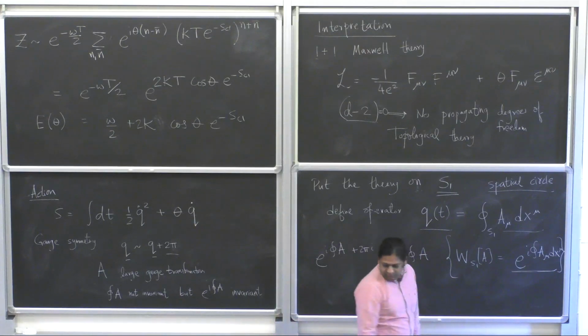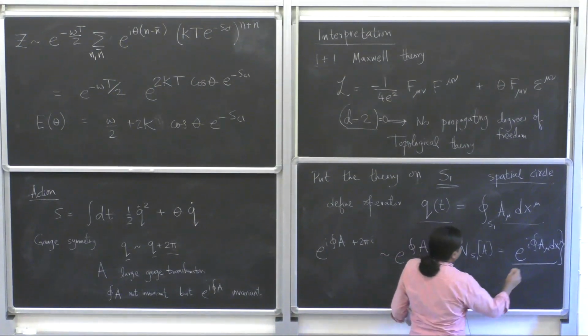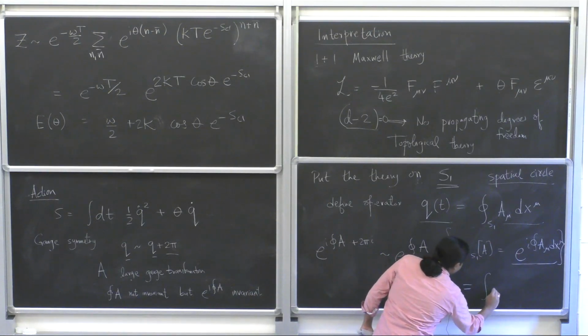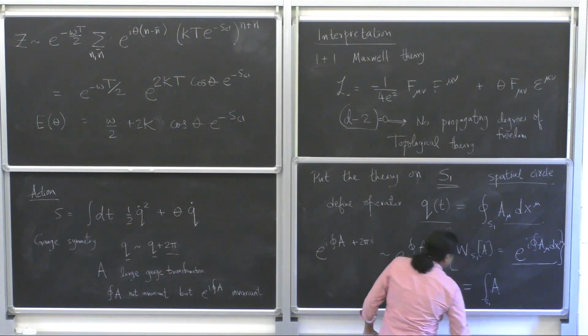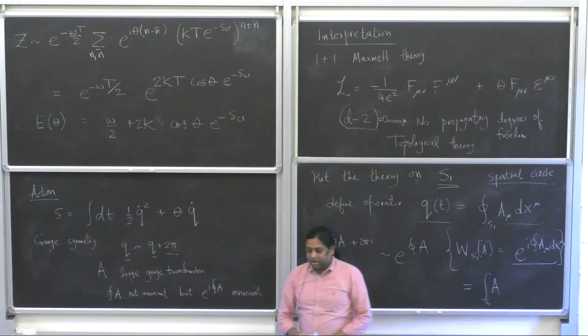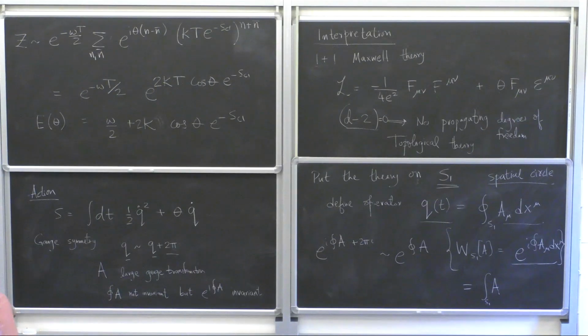I don't think we would use this very much, but sometimes you would see this written in one-form notation. So this thing can be written as just an integral of the one-form A, which is defined as A_mu dx^mu in this case, over the circle S1. Okay. So indeed, there's a large gauge